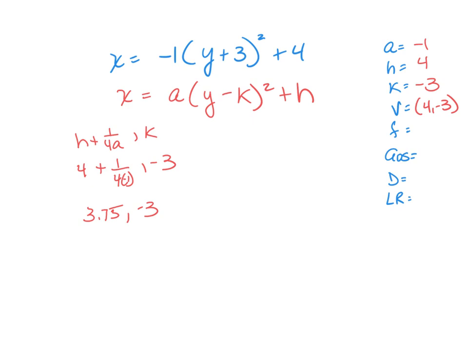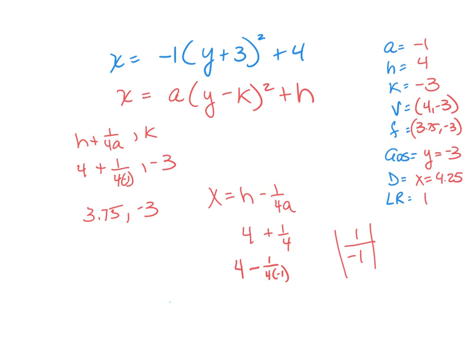Everybody understand that? Yeah. So is the focus always within 0.25? No. So we found A, H, and K. The vertex is HK, so it's 4, -3. The focus, we put it in the formula and watch our fraction and use our calculators, and we get 3.75,